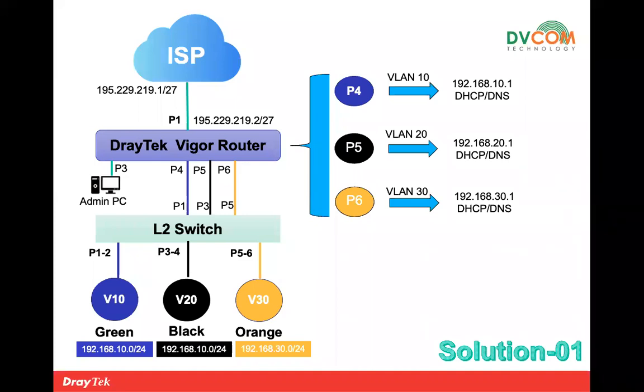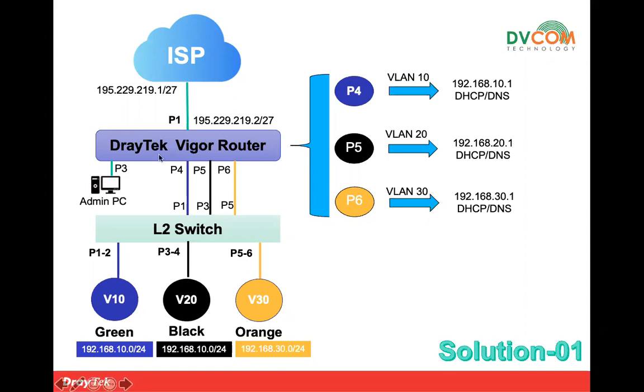So if you see here in my topology, we configured 3 VLANs, which are VLAN number 10, 20, and 30. Then in the DRETEC router, there's port number 4, port number 5, port number 6. Port number 4, I kept into VLAN number 10. Port number 5, I kept into VLAN number 20. Port number 6, I kept into VLAN number 30. As I discussed earlier, each and every port in the DRETEC router, you can keep into different VLANs. So we can call it a port-based VLAN. By default, DRETEC routers support port-based and tag-based. Port-based is nothing but each and every port you can keep in different VLANs.